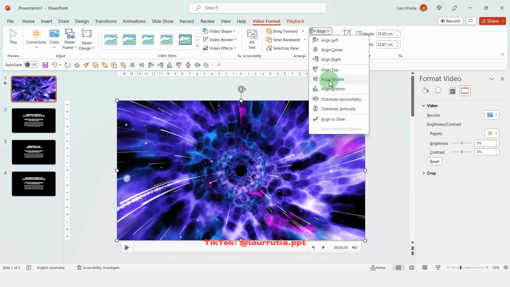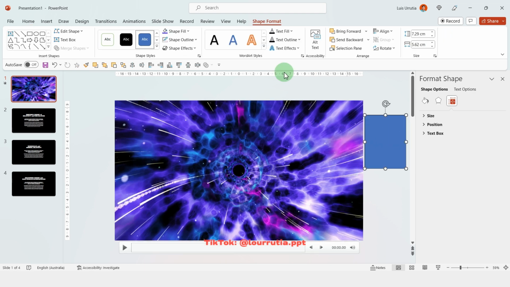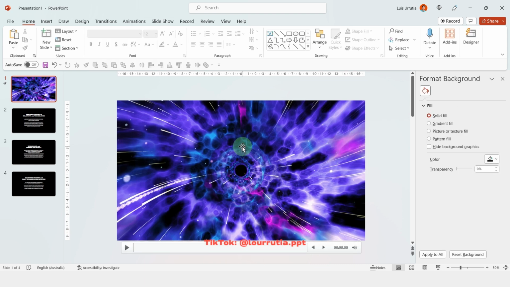So now I'll align it to center and align it to middle. And I need a color palette for this presentation. So I'll just insert a rectangle. And with the eyedropper tool, I'm just going to start picking colors from the video. And that way they will show up on my recent colors palette. And when you're done with that, you just have to right click on the video and send to back, so